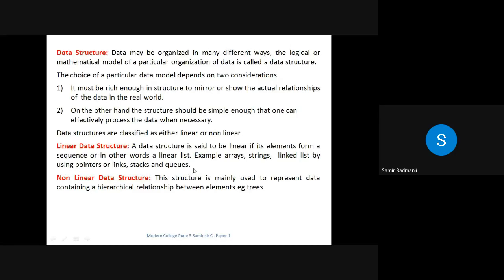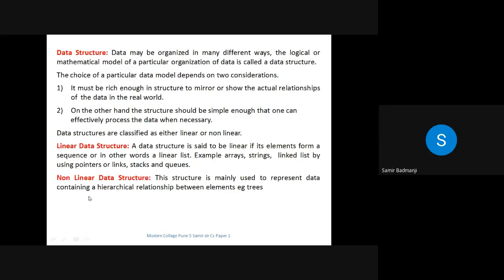We have seen that an array is a sequence of elements of the same type in consecutive memory locations. So that is a linear data structure. Examples are array, and strings also, we have seen some programs. Linked list we have not seen yet. By using the pointers we have a linked list, or stack and queue are also other data structures. That we are going to see later.